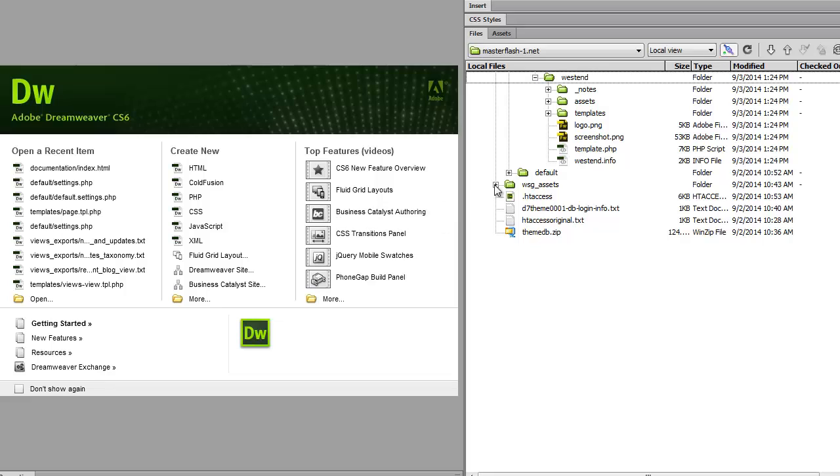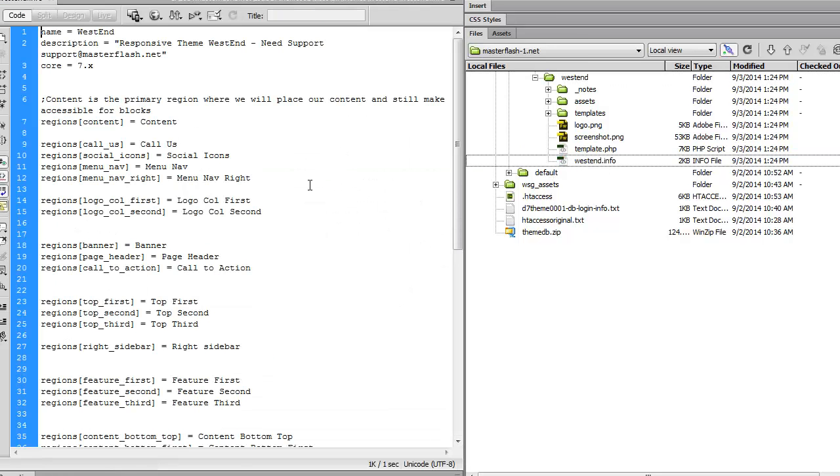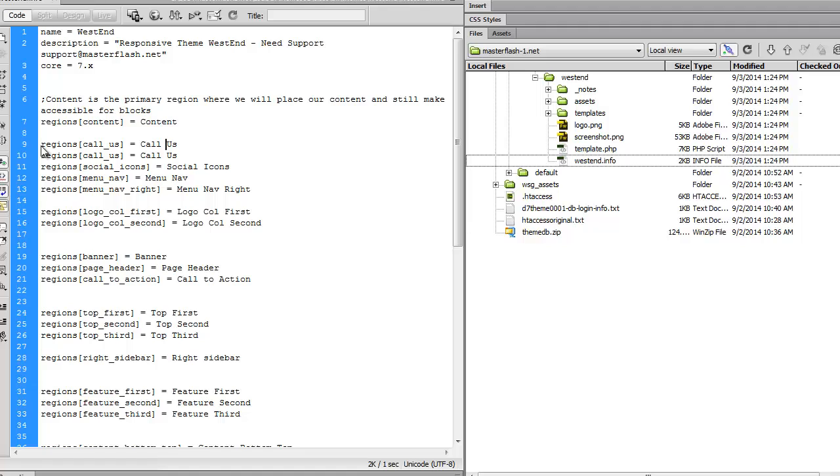So what I'm going to do is open up Dreamweaver and show you some of these files. Now the westend.info file is where we control what regions show up here. So what I'd like to do is place an entire block across the top of the site. So I'm just going to copy that, bring it down one, and we're going to call this